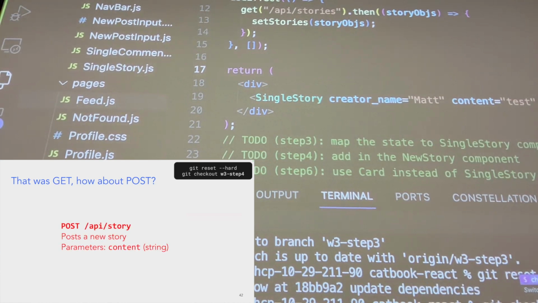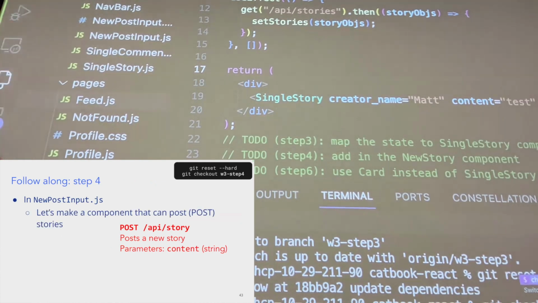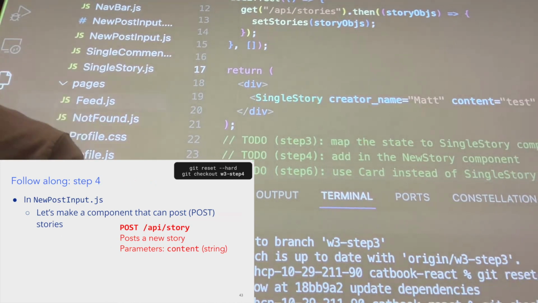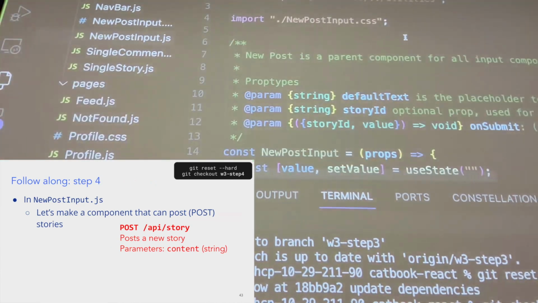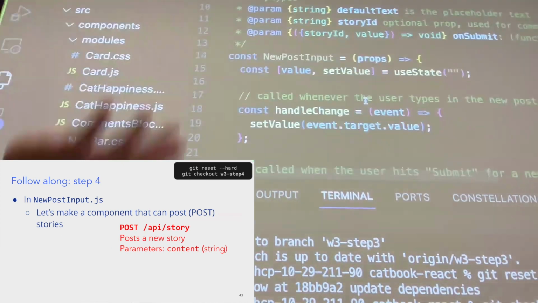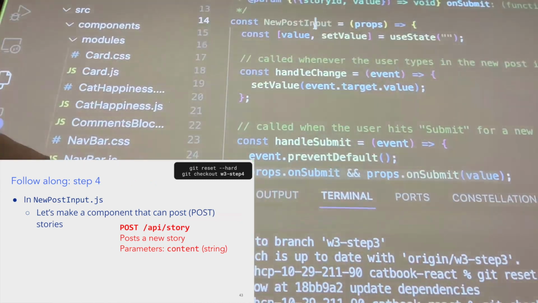The post endpoint sitting in the backend has a specified parameter. It's going to be called content. So follow along with me in step 4 and let's try to make an input area. In the new post input file, which is in the modules folder, we're going to see a lot of things. First, there is a new post input